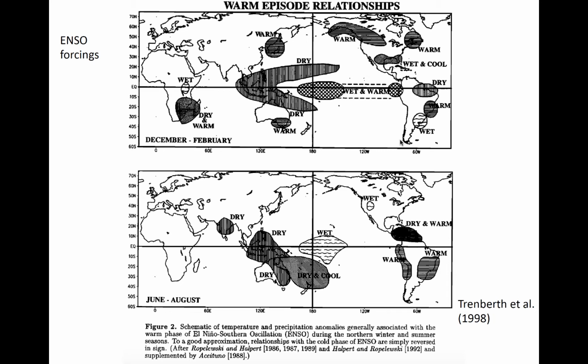Shown here are known climatological relationships between anomalous heating over the Pacific during El Niño and anomalous interannual variability in surface weather conditions in the Pacific and elsewhere. The sign of these changes can be approximately reversed for La Niña conditions.